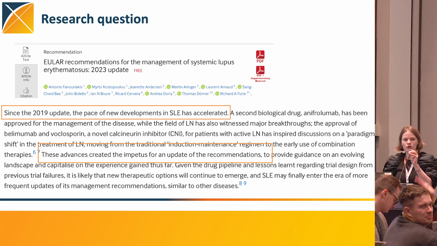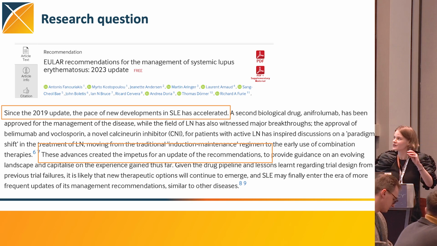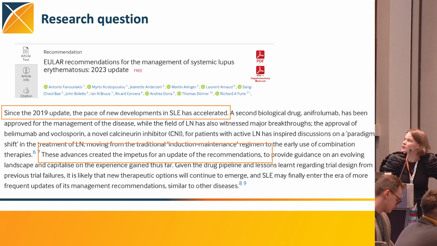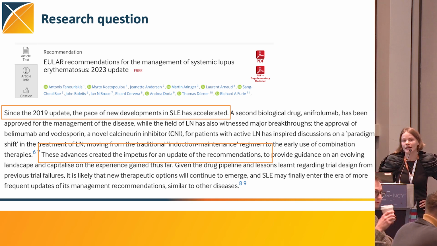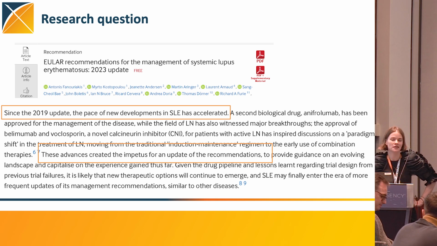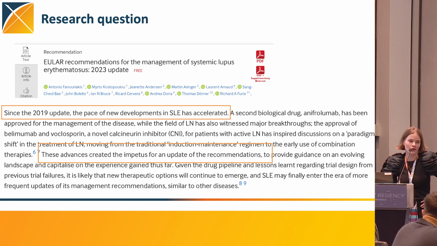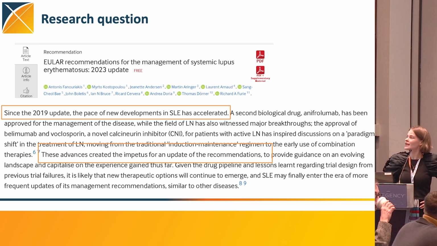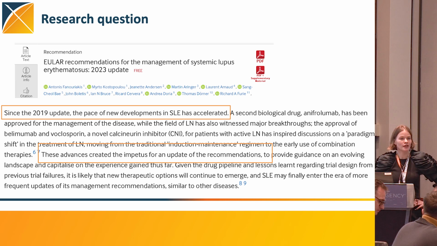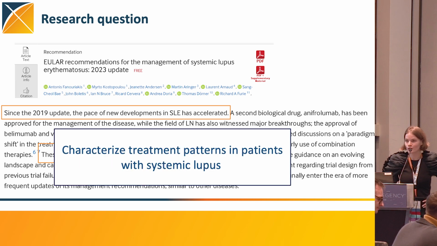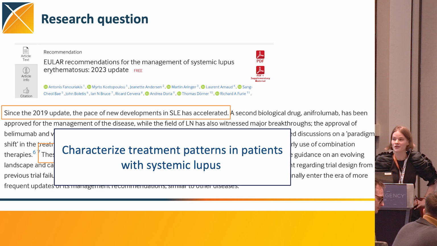Wonderful. So we looked at the recent guidelines, and the first guideline I looked at, which was the most recent guideline for management of lupus, from the very start highlighted a gap in the guidelines, which is coming from all of the new drugs coming to the market since 2019. And the guidelines do not really incorporate all of these new drugs because they don't know how they're used, how the patient outcomes look like, and they themselves acknowledge that this is a gap and they need to work on that more. So naturally, that is an opportunity for us not to wait for this evidence to be generated, but